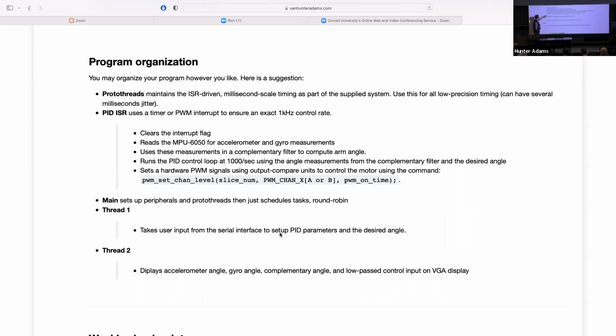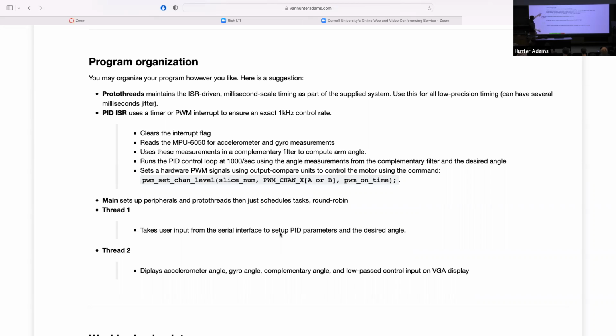And that error ends up being the input to your PID controller. So your PID controller takes as an input the difference between where we are and where we want to be, and it uses that to compute a control output. The output, incidentally, of that controller is a duty cycle for your PWM channels that are controlling the motors. Right? So it'll output some number, probably a signed number, S-I-G-N-E-D, that dictates the direction and the speed that the motor should turn.